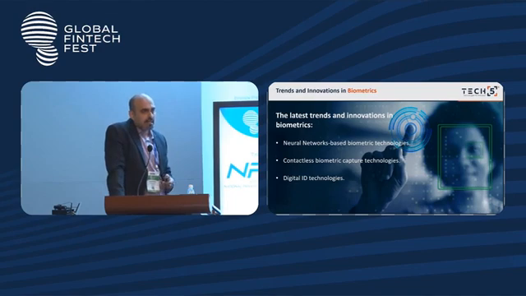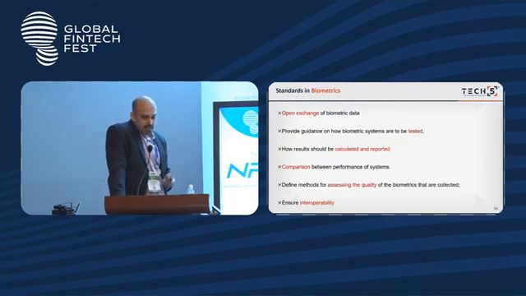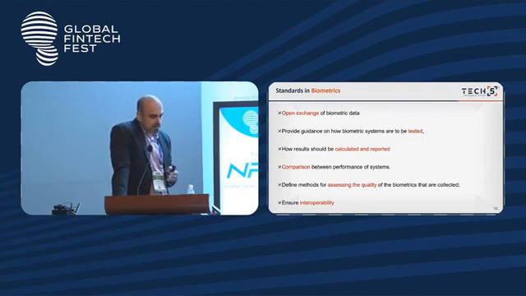But then as we go along, right, we have so far seen matching algorithms being traditional mathematical models of how matching is done. But that's being translated to neural networks where today, by far, if you look at facial biometrics, it's all neural network based matching, whether it's facial liveness or facial matching as such. We are also seeing a trend that is moving towards fingerprint-based, neural network-based matching, and soon iris will follow as a third modality. So having said that, giving you this kind of a baseline, right, now we actually enter into the standards and why they are important.